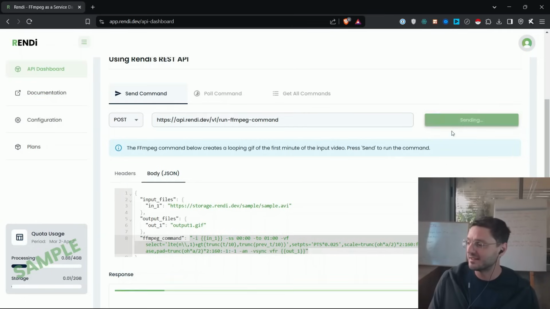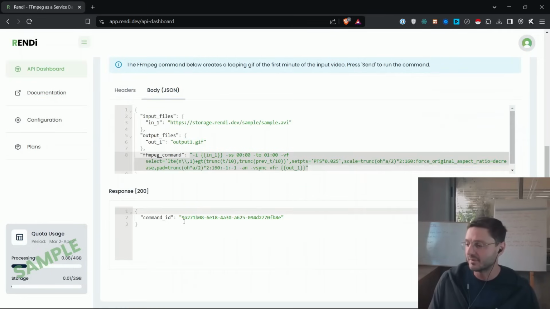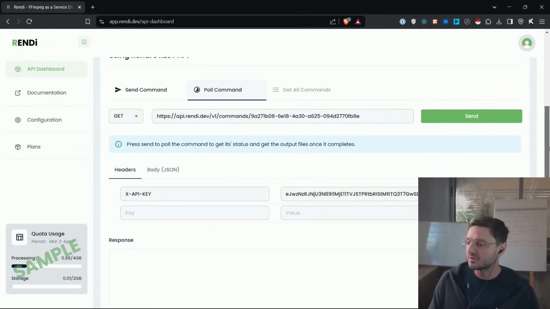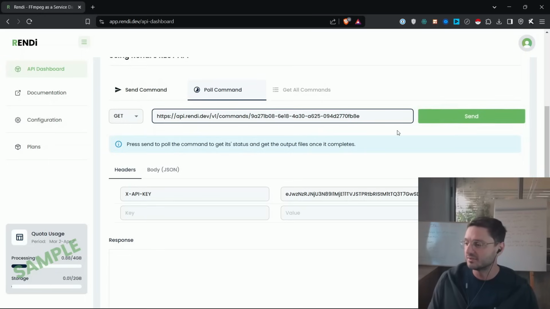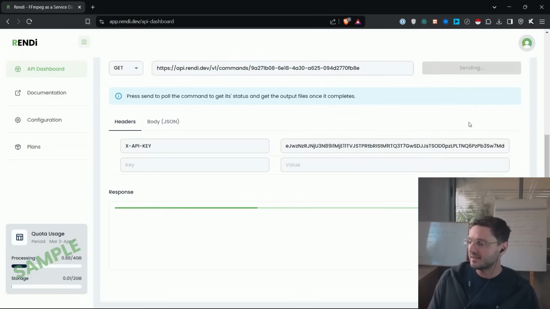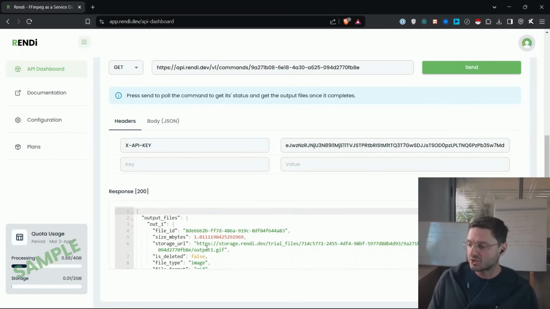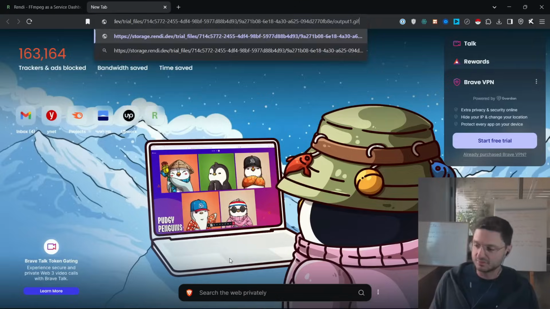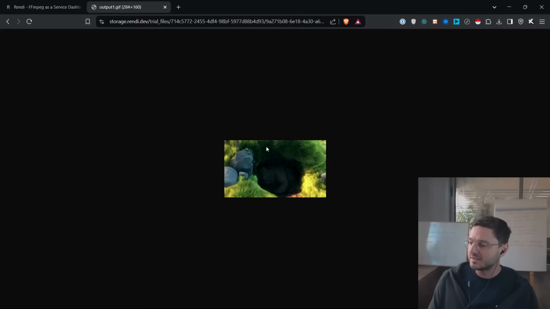I'm going to press send here, and this will send the command to Rendi. Rendi gives us back the command ID so that we could poll for the status of the command. So this is the same command ID. It's already pre-inserted into the dashboard. If I press send, we will see that the command actually finalized, and this is its output. So if I copy this URL to a different tab in my browser, we can see that the GIF is